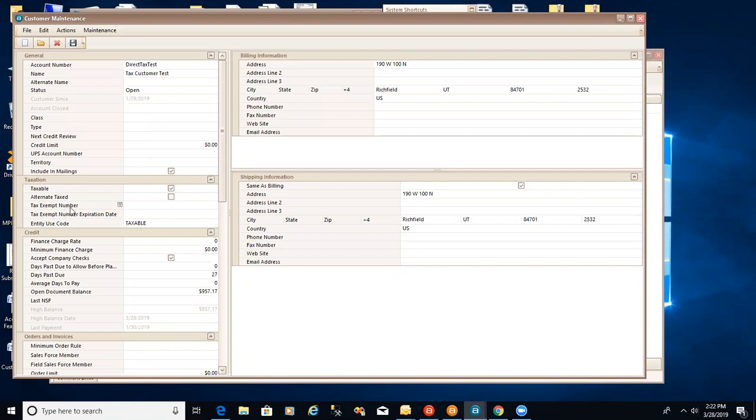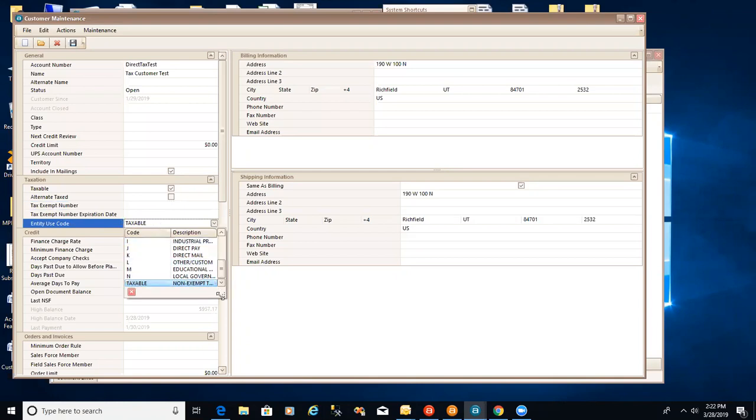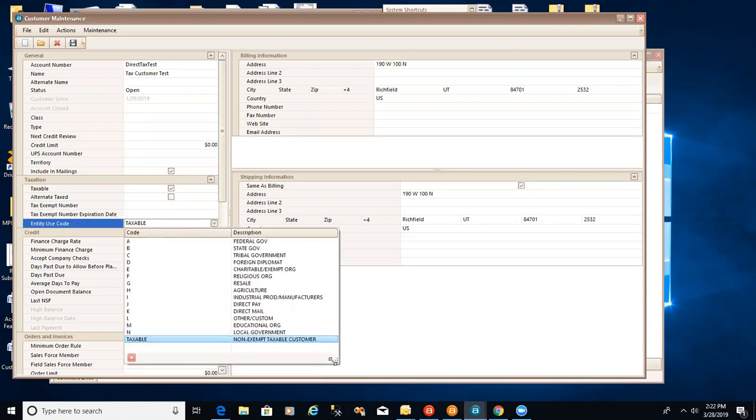Avalara does not. Avalara simply wants to know, does the customer have a tax exempt number or not? What's the expiration date? And what's the entity use code? These are the entity use codes coming straight out of Avalara. So these are the codes that they're looking for, whether it's federal government, the customer's purchasing goods under